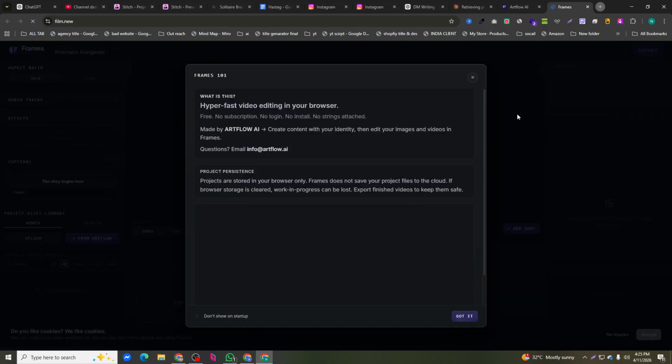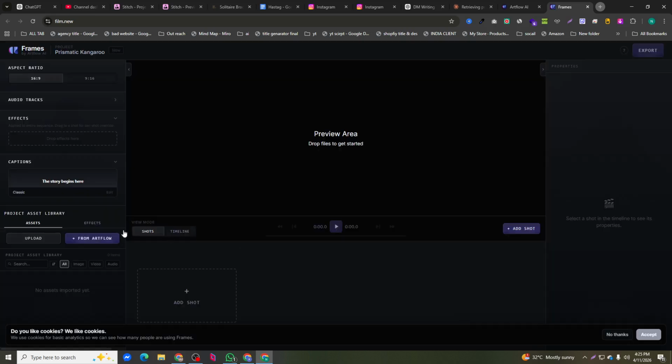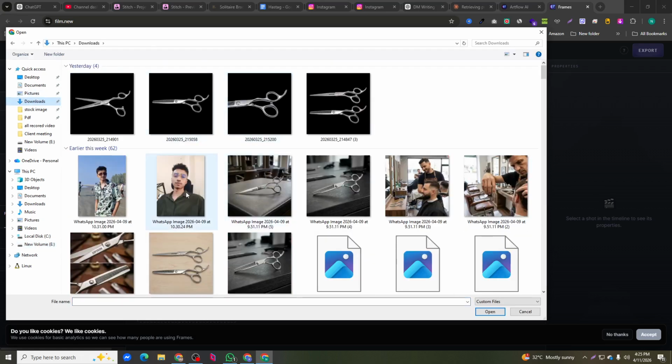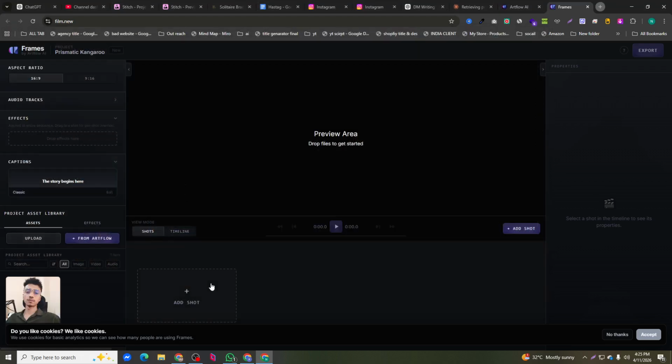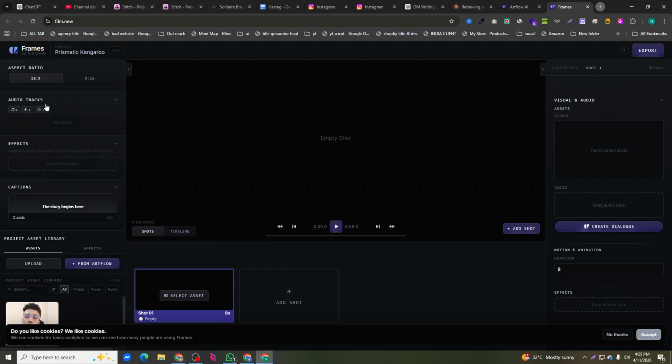So try Frame Studio. If you click over here, you can use this AI tool for free. You can click about it, and from here you can see the preview area. Then also add flow, upload your file. So you can upload your media, whatever you want. Let's upload one of the pictures, and after that add shoot. Okay, so you can give the shoot whatever you want, then you can generate. So in the audio track, you can add your audio and all this stuff.